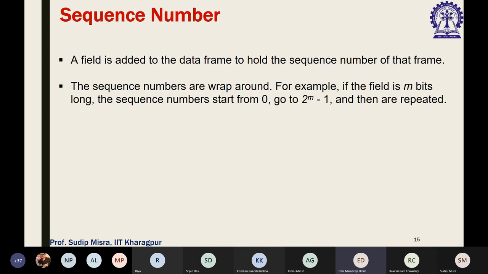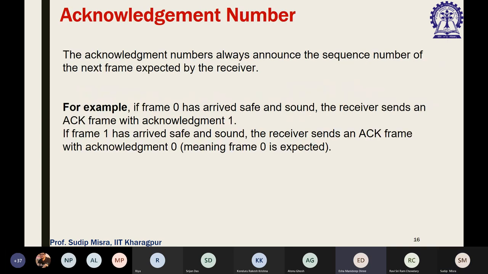Okay, so the sequence number is a field which signifies the frame number. The sequence numbers wrap around. So if you are talking about an m-bit long field, then the sequence number starts from 0 and goes all the way up to 2 to the power m minus 1, where m is the number of bits, and then it wraps around, so it is repeated. So 0 to 2 to the power m minus 1, again 0 to 2 to the power m minus 1, like that. Acknowledgement number: